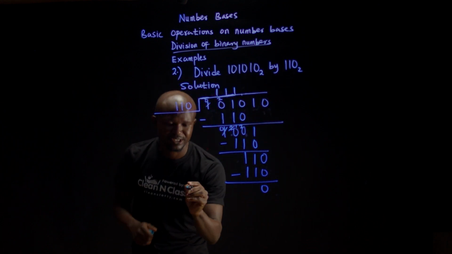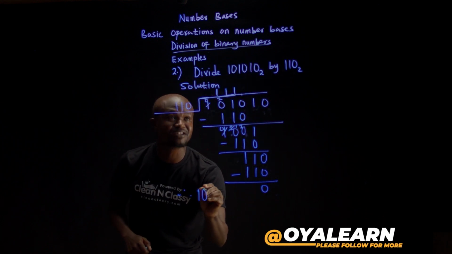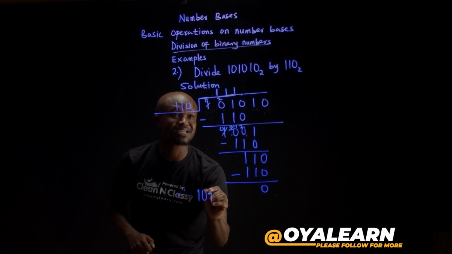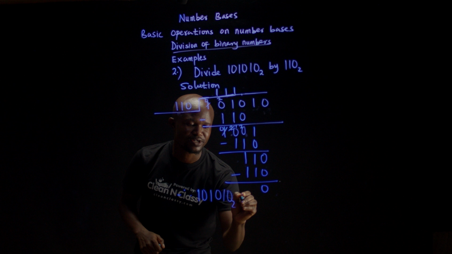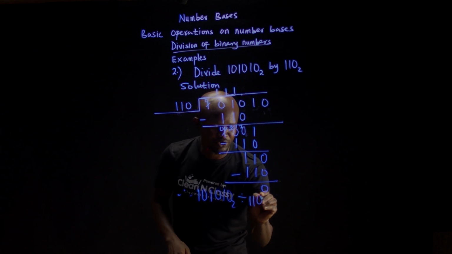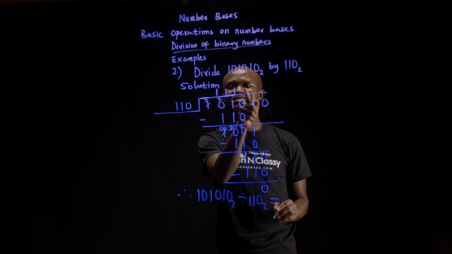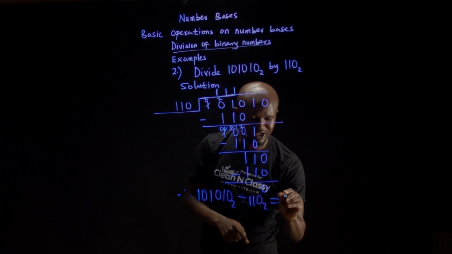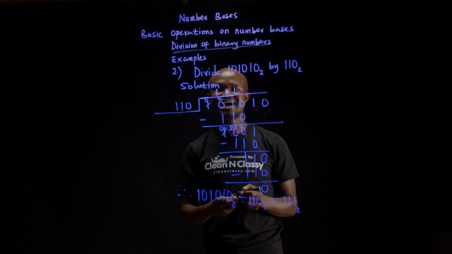Now we conclude. We now conclude that 101010 base 2 divided by 110 base 2 gives what as the answer? The quotient, which is 111 base 2. That is the solution to